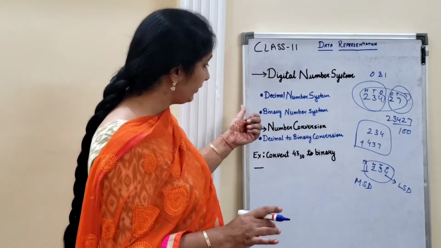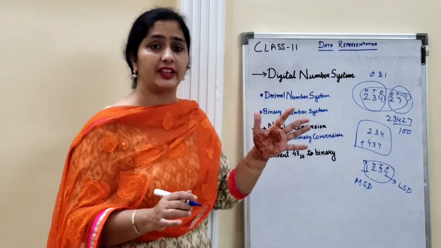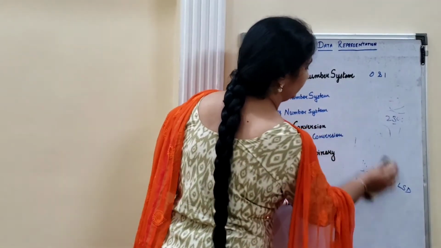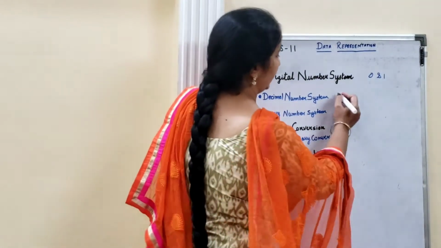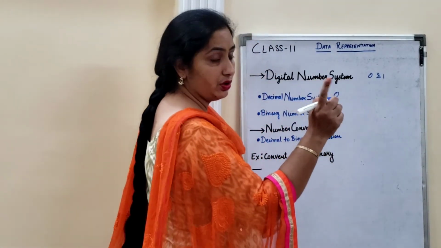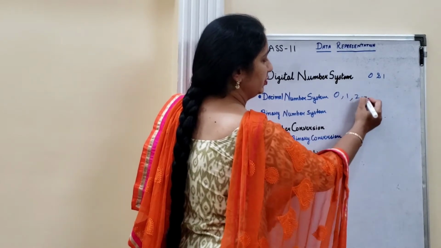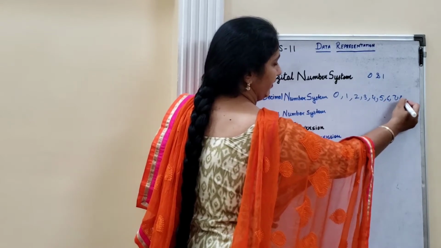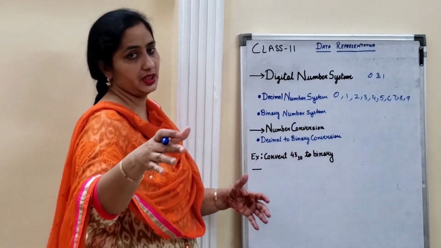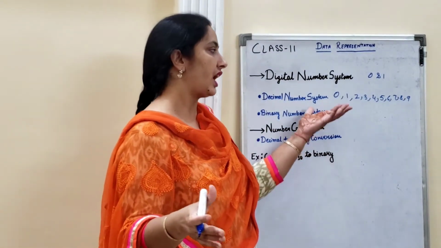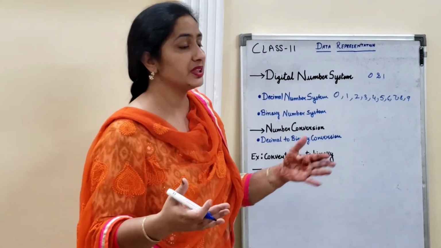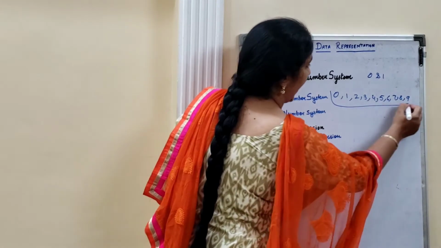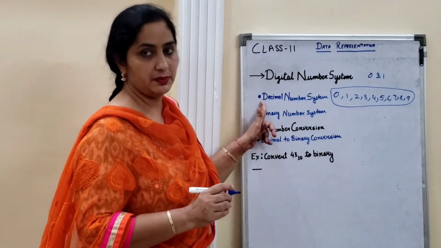Okay, now coming to it, in the decimal number system we have 10 numbers, that is from 0 to 9. How many numbers are there? 10 numbers. It will start from 0, 1, 2, 3, 4, 5, 6, 7, 8, 9. These are the basic numbers you have in mathematics. Whatever numbers come after that, like 10, 11, will be only combinations of these 10 digits. So we have these 10 numbers in the decimal number system.